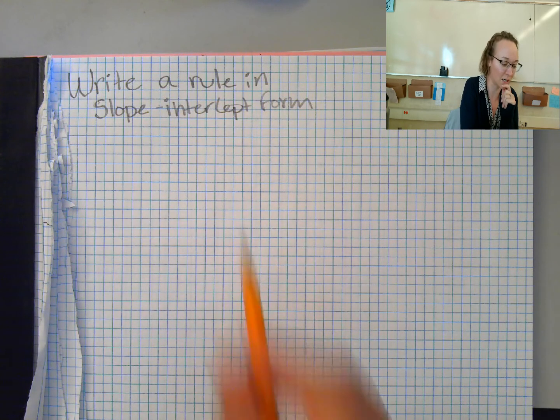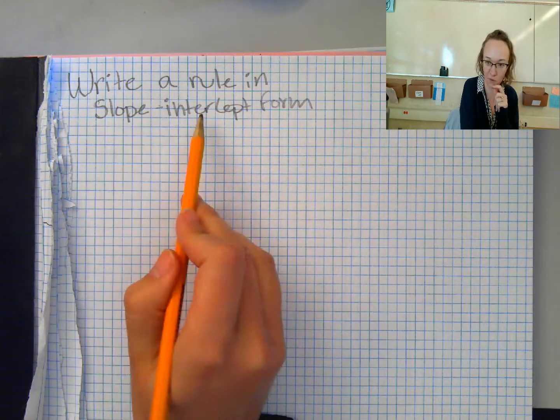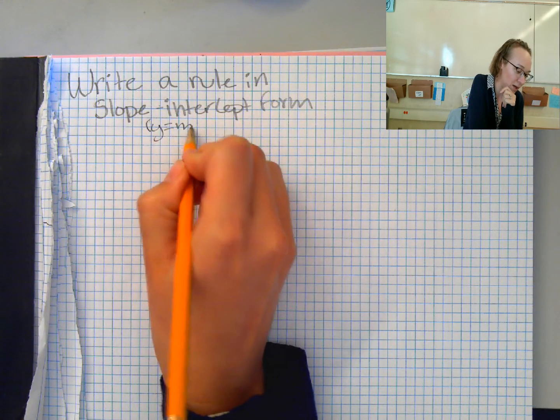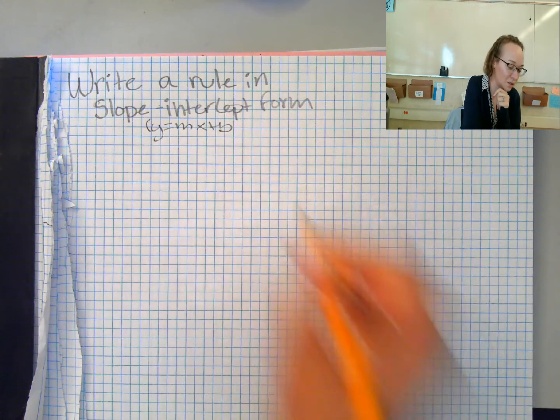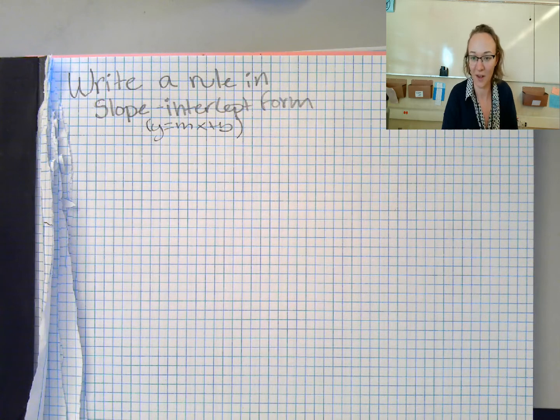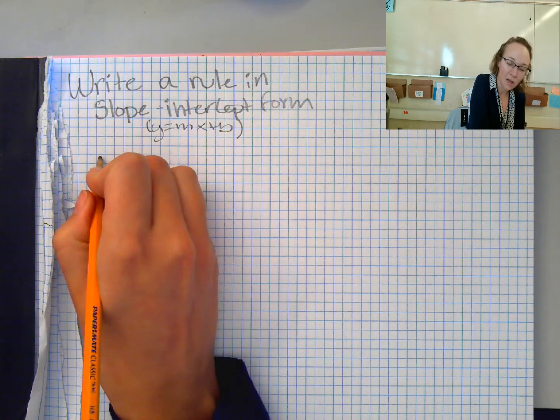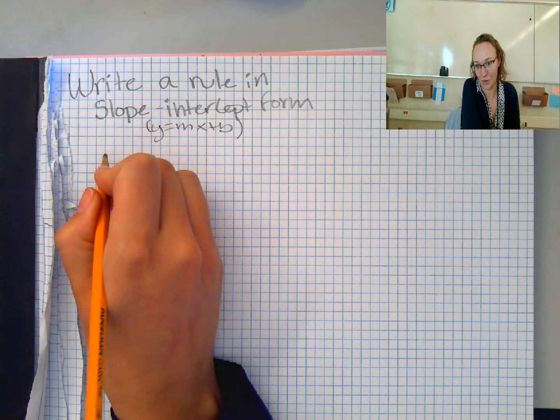Okay, so let's title this Write a Rule in Slope-Intercept Form. Of course, we remember that that is y = mx + b. You've dated it. It all looks great. Okay, so first, the easiest way to write a rule in slope-intercept form would be if you're given the slope